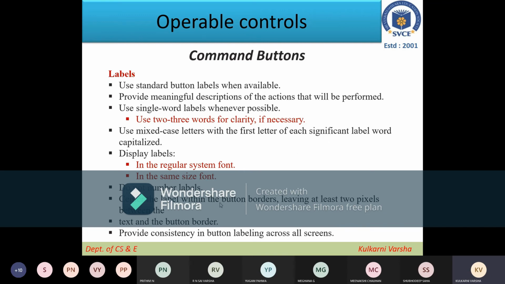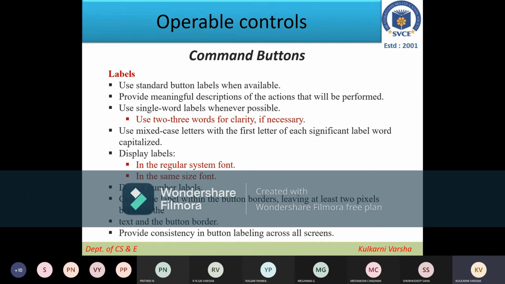Center the label within the button borders, leaving at least 2 pixels between the text and the button border. So always make it center aligned, from the left and right, and also from the top and bottom. And provide consistency in button labeling across all the screens.